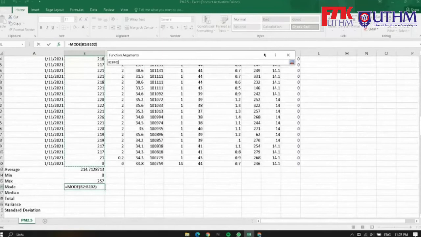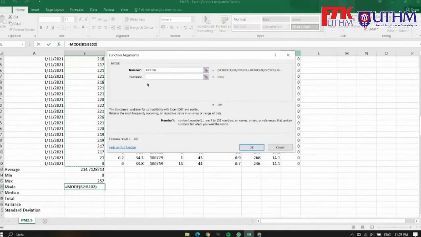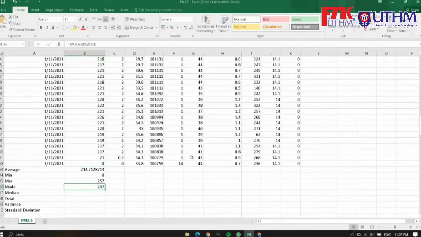Once you have selected, press this button again. No need for number 2 because you only focus on one variable, the concentration. As you can see down here, the value has already appeared. You can jot it down, or if you want the value to appear in this box right here, click OK. And there you go. The value of mode is 207.